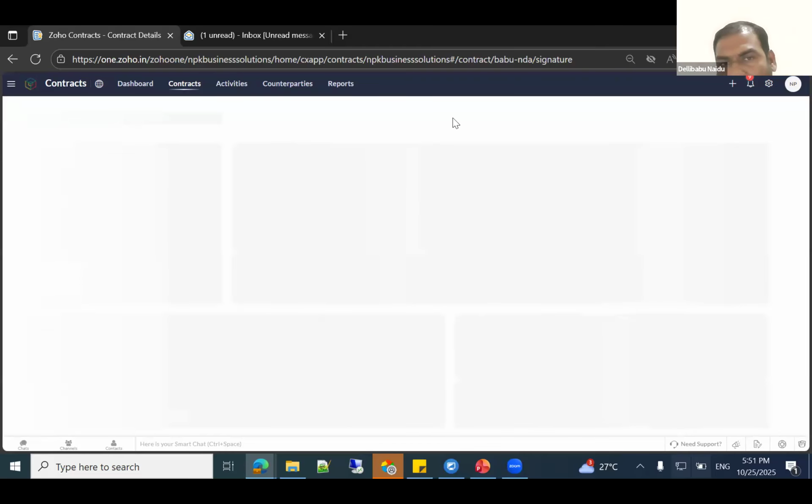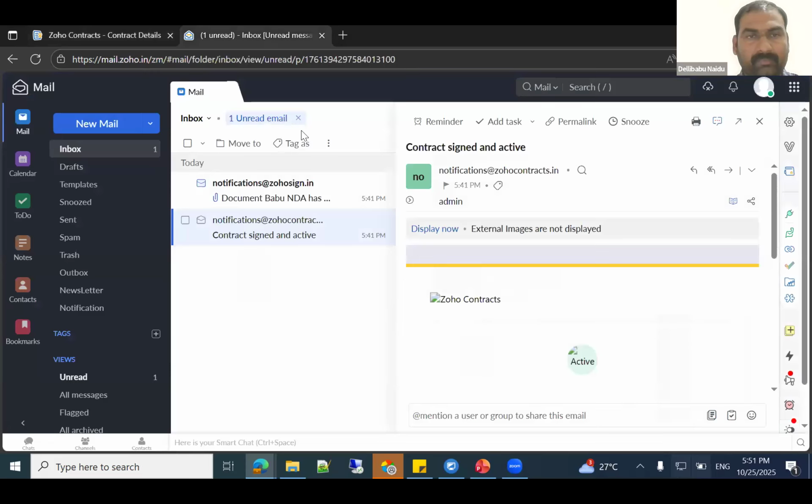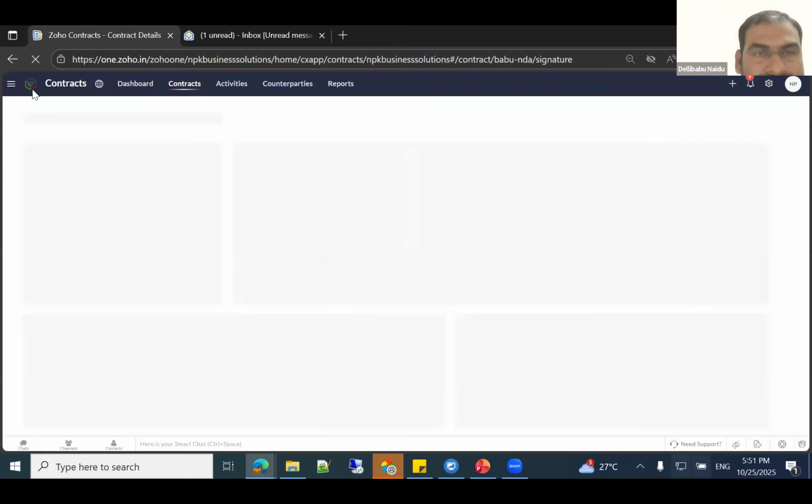For signing also, you can add some receivers' email addresses. They also receive it after signing, like the finance team or sales team or legal team. So the advantage here is you can have multiple signers. You can send it for them to edit. They can edit. You can see the version control. And once it is signed, this document resides with you and a copy with them. Right. This is one central repository. Whenever you want, even after 5 years, you can log in and download the signed document.